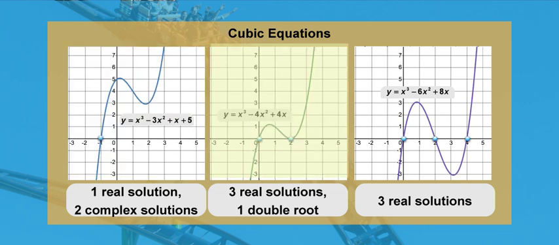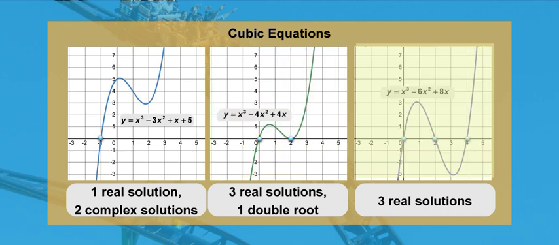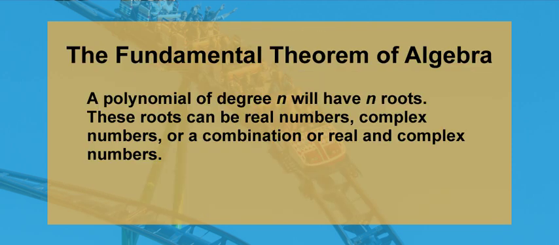Three real solutions, two of which are double roots. Or three unique real solutions. This is a consistent pattern with polynomials and gives rise to the fundamental theorem of algebra. According to the fundamental theorem of algebra, a polynomial of degree n will have n roots, some of which may